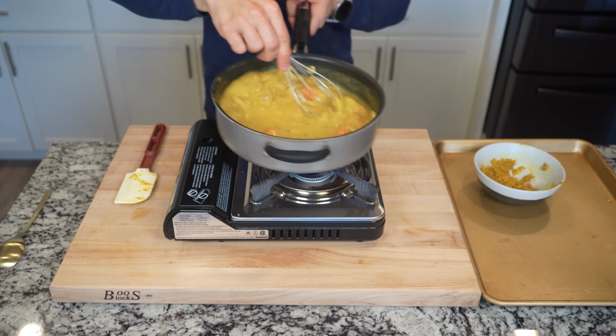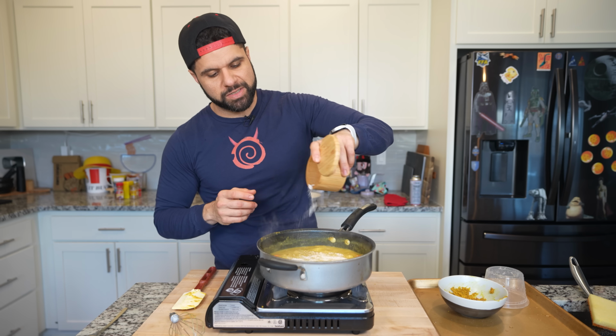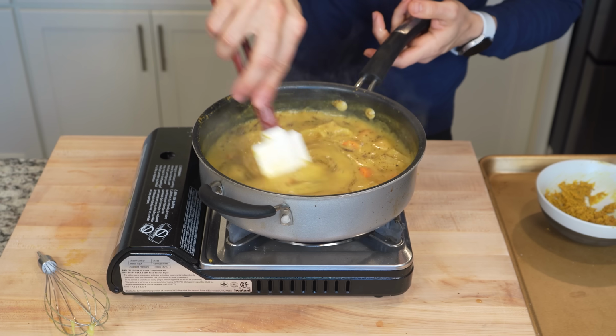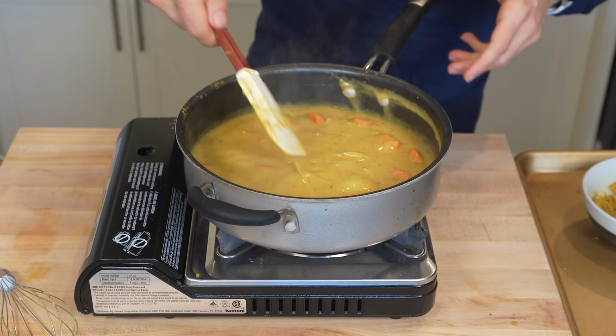Oh, that got thick. Now the last thing I really need to do is season this with some salt, because no, we did not put any salt into that spice blend. And optionally, but I really like it, a bunch of cracked black pepper, because I really love black pepper in my curry. Stir this guy together. Now we get to give it a taste finally. Oh yes. This still needs to simmer for another like 3 or 4 minutes, but we're gonna cook the katsu